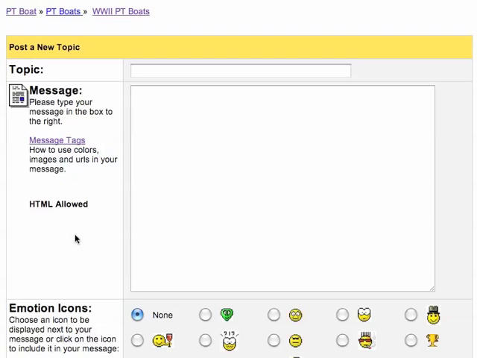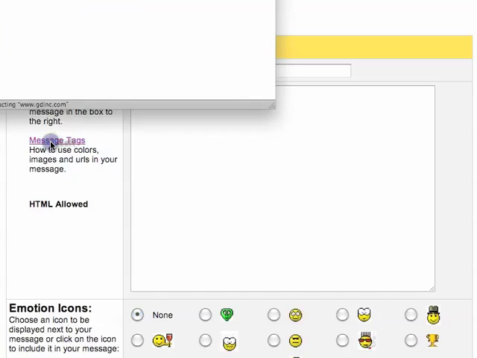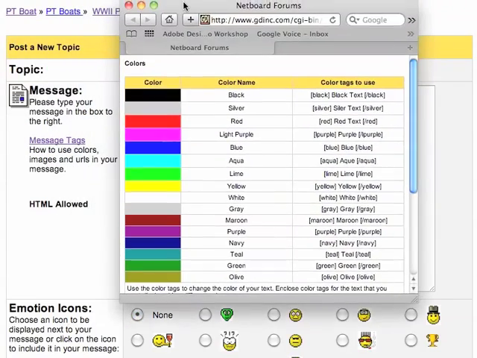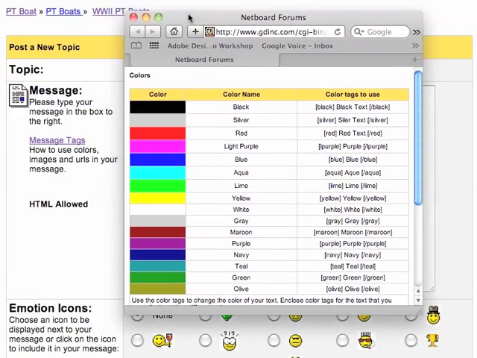Oh yes, before, if you missed the other videos, in this area here to the left, there's a link that's message text. If you click on it, it opens up another window. I'll pull it down here into the camera, and it shows the colors that are available for us to use for text. And then on the right side of the column here, it shows the command